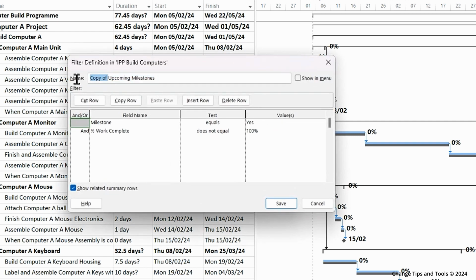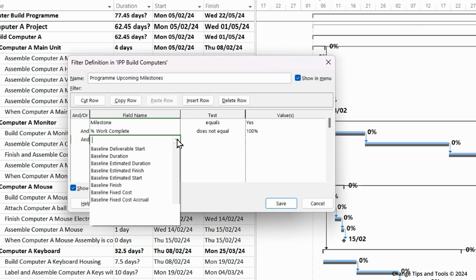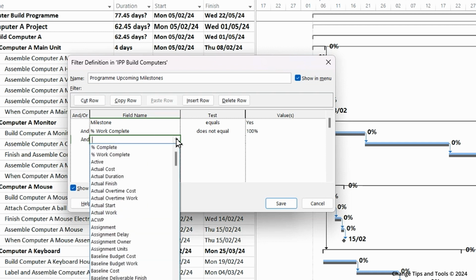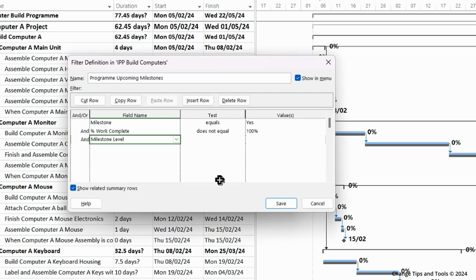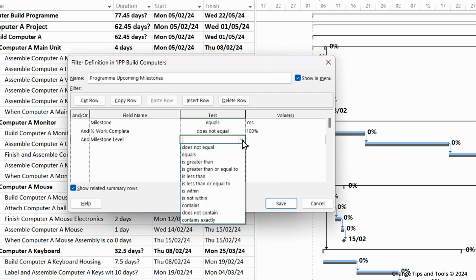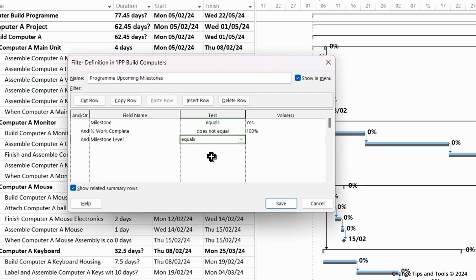And I'm just going to call this program up and coming milestones, and I want it to show in the menu. And I'm going to add one more piece of criteria as far as the filter selection. So I'm going to do "and" here on the next row, and I'm going to look at, if I put N, because we've got a custom number field called milestone level, and I'm going to say it equals